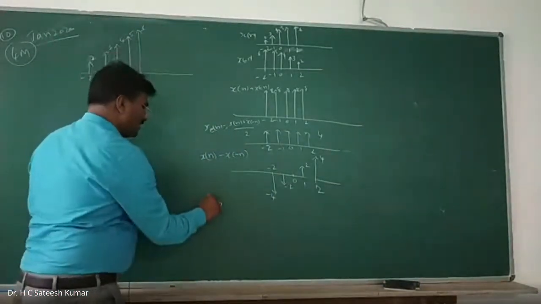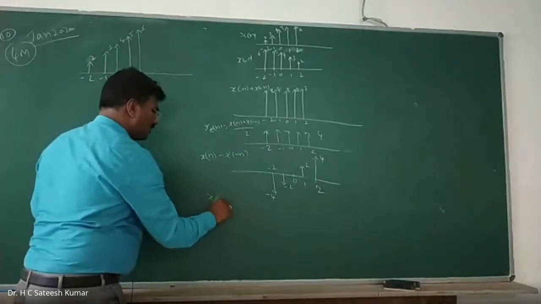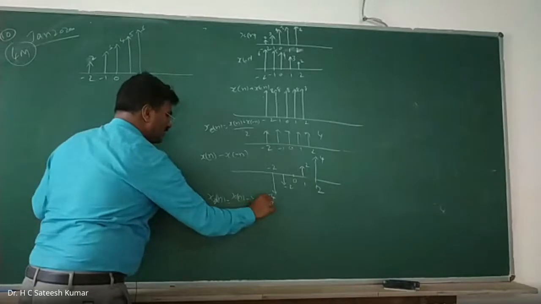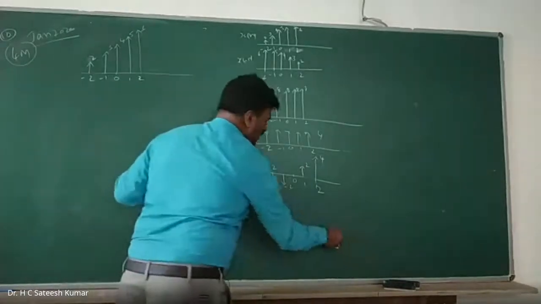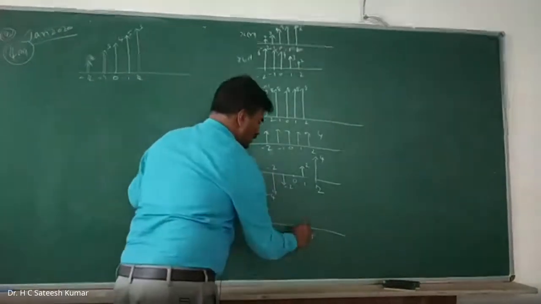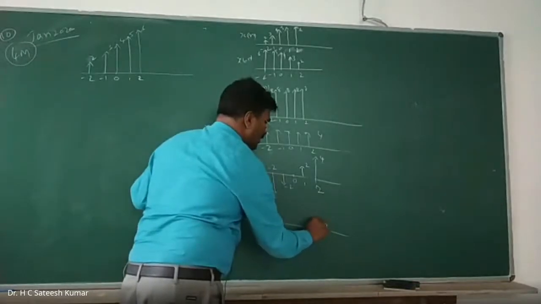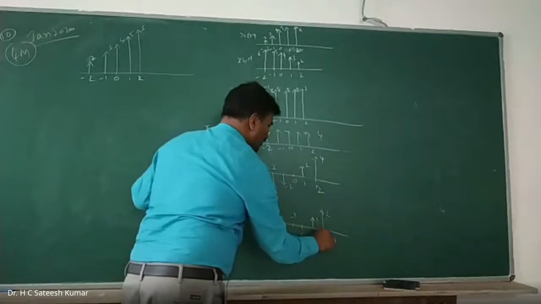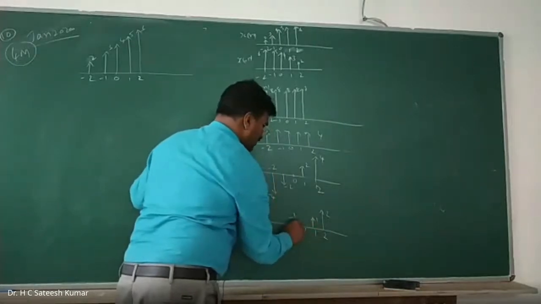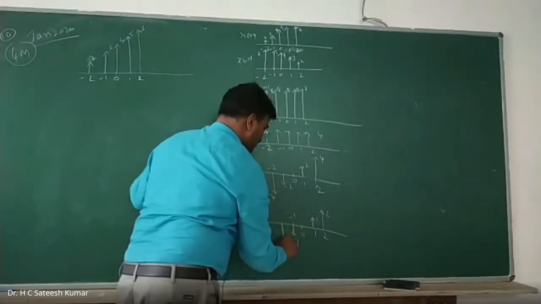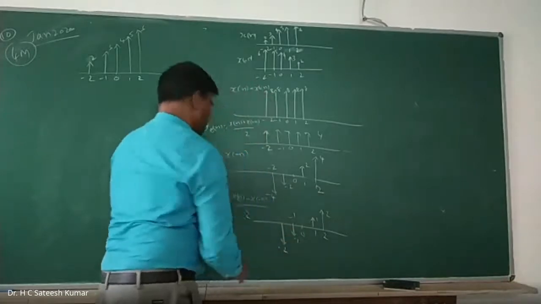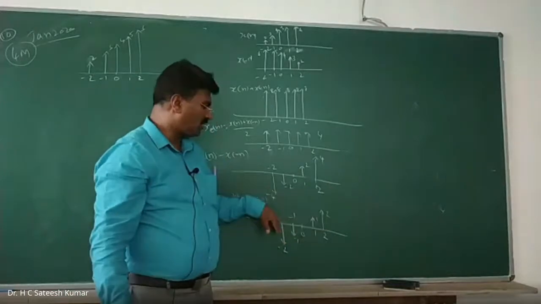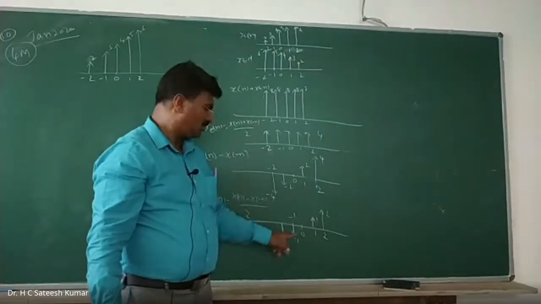You can write it as x_o of n is equal to x of n minus x of minus n divided by 2. So what you should have is 0 remains 0, 2 will become 1 and 4 will become 2, and at -1 its value is -1 and this is -2. So that is it. You can verify that. The left hand side is the double fold of the right hand side. You fold once, one more fold, you will get it. This one at the origin remains the same.